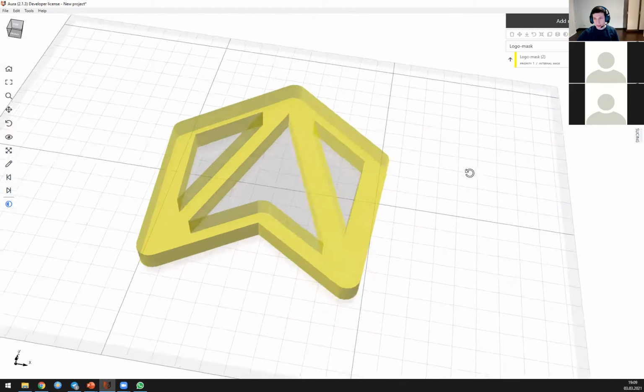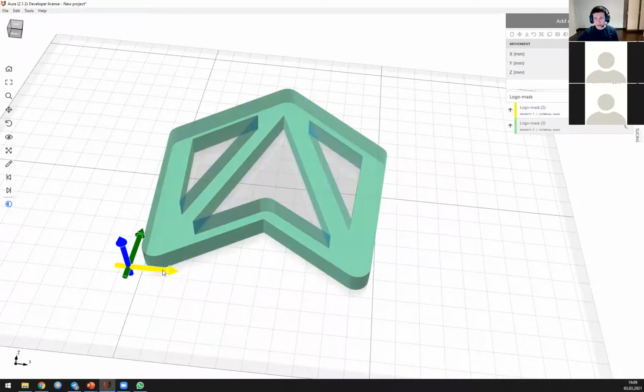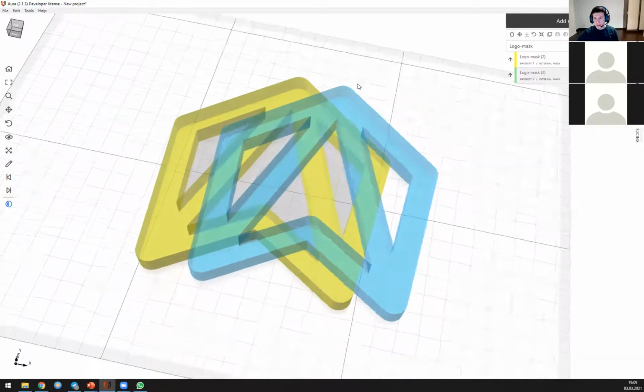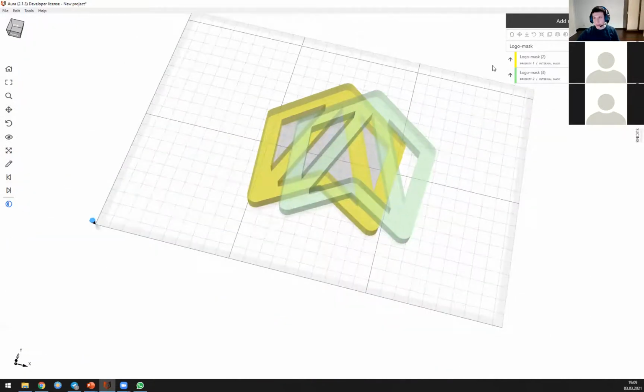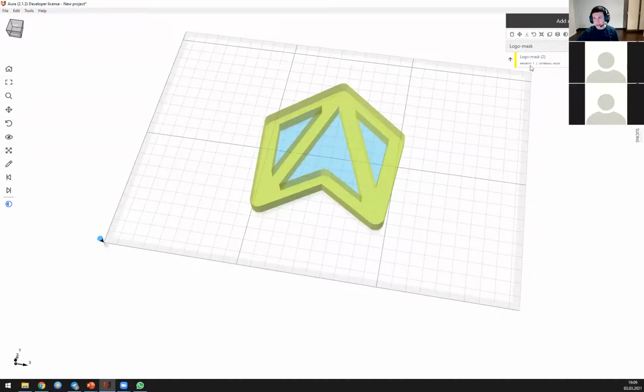They became transparent. And if you have several mask models, for example, if I copy this mask, it will have some other color. So basically, if you have several masks, they will differ by color. After that, you can translate, rotate, transform, and manipulate the mask the same way as you can for the main model. But if you translate or rotate the main model, the mask that is attached to this model will be